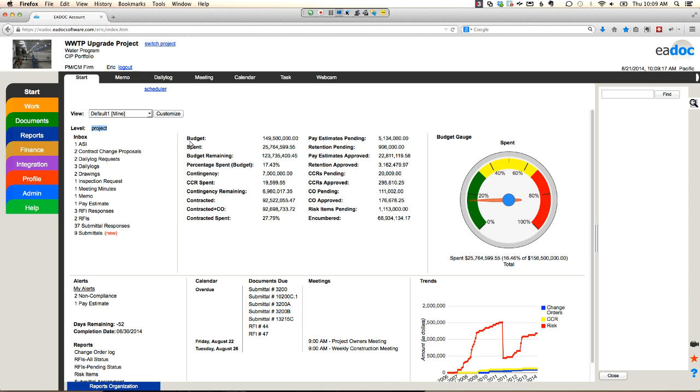And you can see the information can be presented in several different ways. I can take a look at graphical components here like the budget gauge on my dashboard, look at some trend charts, look at a project calendar for my upcoming week, anything that's overdue, and then I can set up some alerts. Now this dashboard is configured. I've set up this dashboard and I've created multiple dashboards for myself. So I can take a look at project level information, program level information, depending on what I want to see here in the system. So I can do a